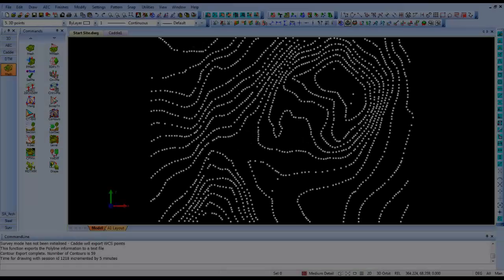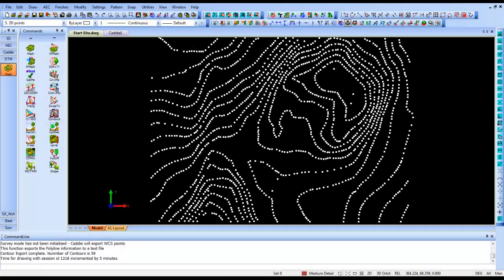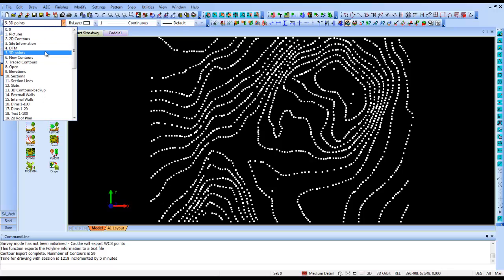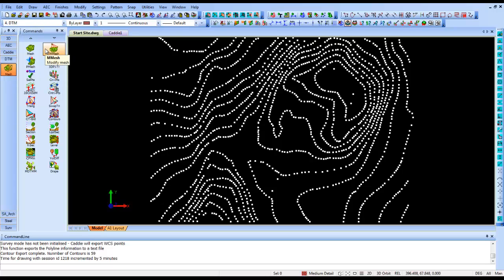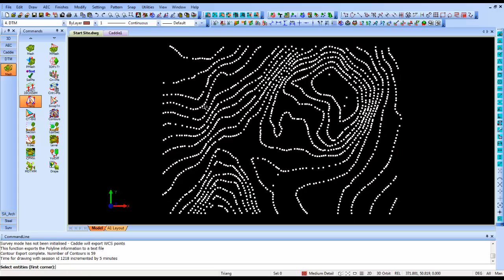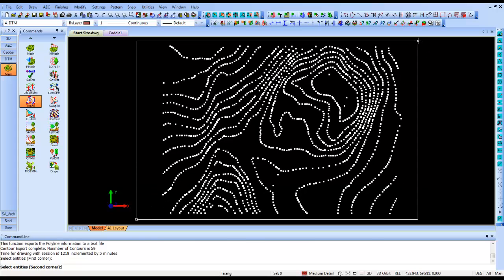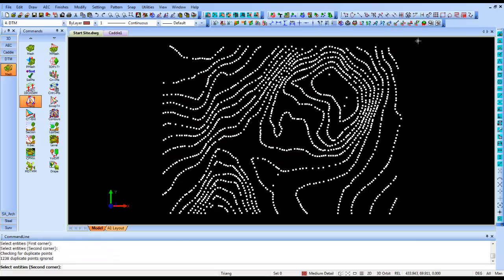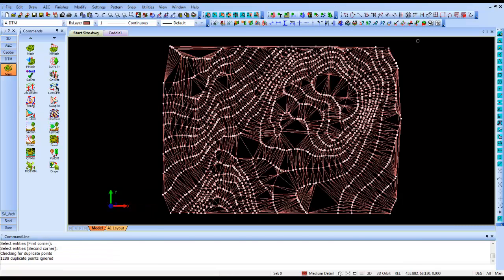The final step in creating the tin model is to do the triangulation. Again, as I want my drawing to be structured, I will select an active layer for the DTM, or for the tin model, to be generated on. From the DTM menu, I will select the triangulation command, and in the command line, Caddie prompts me to indicate the extents of the DTM to be created. So I'll indicate the bottom left and top right hand corner,